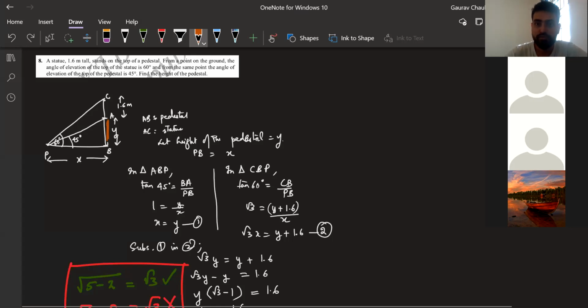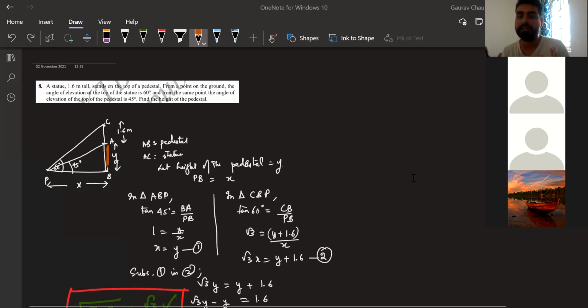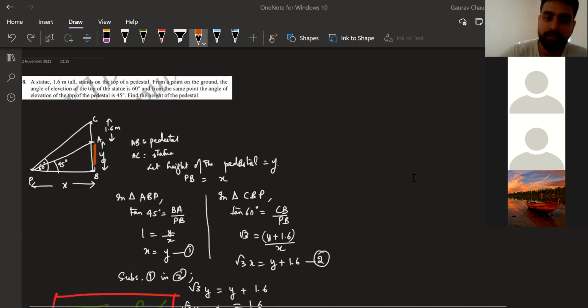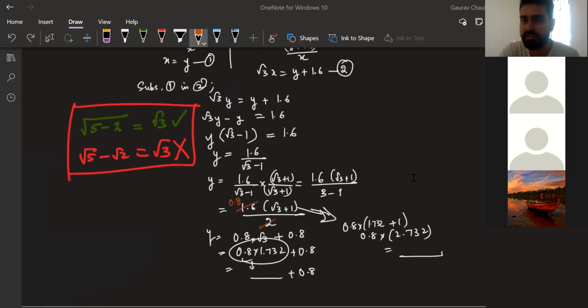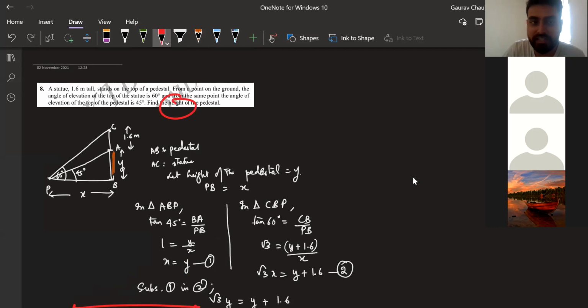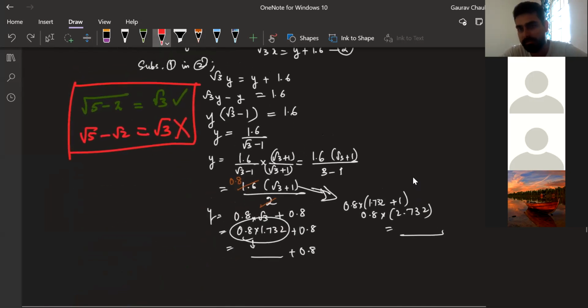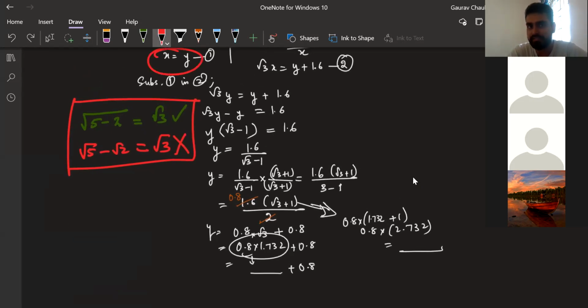Moving on. Now that I have two equations, my job is to solve that. Now everything is done. Now it is maths, no more critical thinking there. Getting into maths here, using linear equations, solving these two equations. Why am I choosing to solve for Y? Because they are asking the height of the pedestal. I'm looking at Y and I want to solve for Y. That's why I'm substituting X in. And why am I doing it by substitution? Because it's very simple. This is there, so just replace X by Y, right?